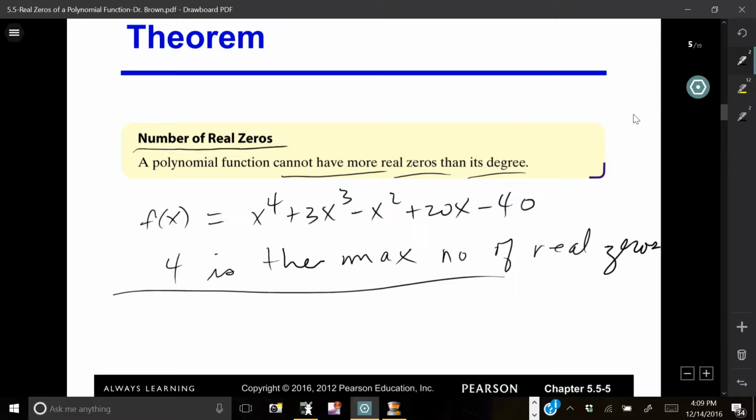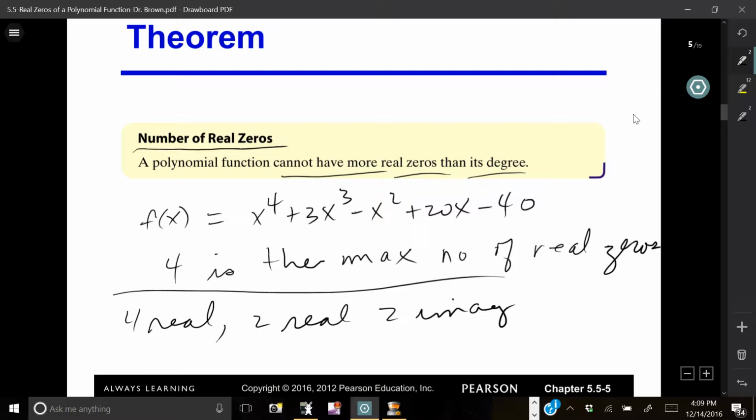And it may not have 4 zeros. It could have 4 real, or 2 real, 2 imaginary,